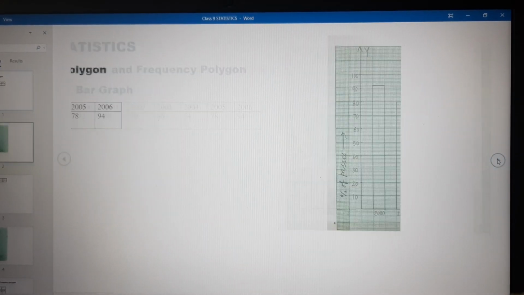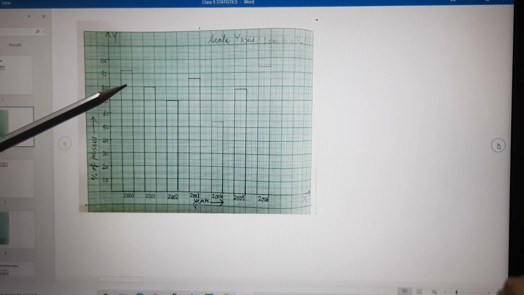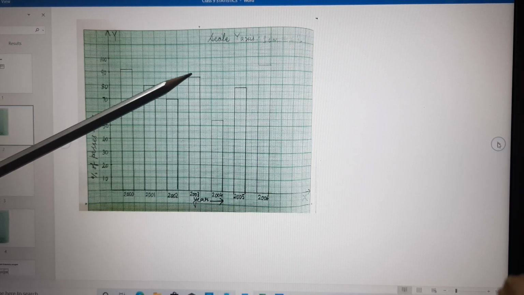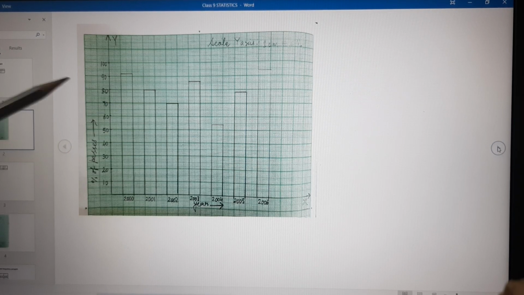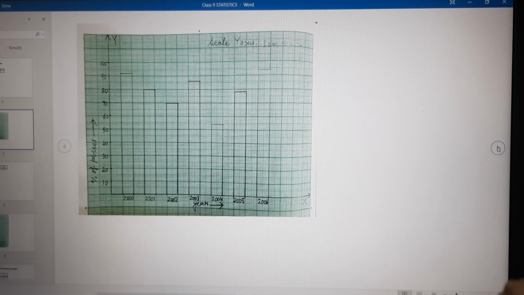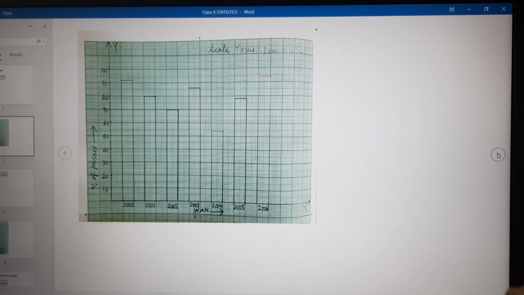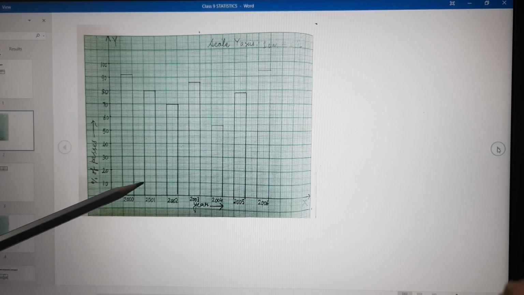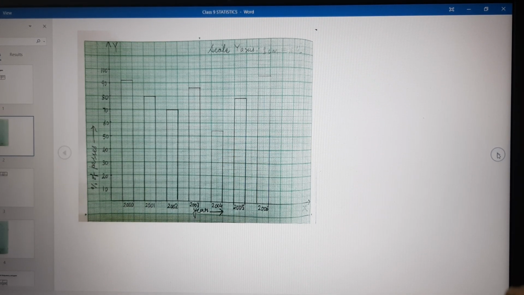Clear? So to mark 86, between 80 and 90 we have this dashed line. This dashed line is 85 and one small block above it will be 86, or you can count 6 small blocks above 80. In this manner, we have to plot them on the graph paper, and it is a bar graph. These bars, these rectangles, are separated. You need to remember, they are not joined end to end. Fine.